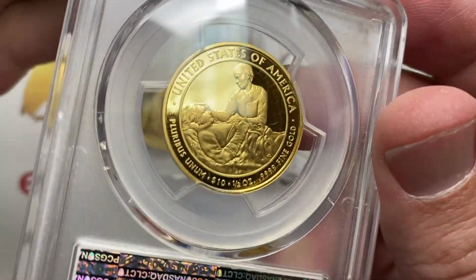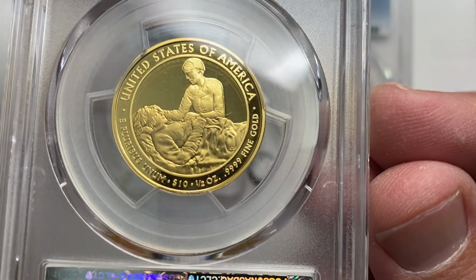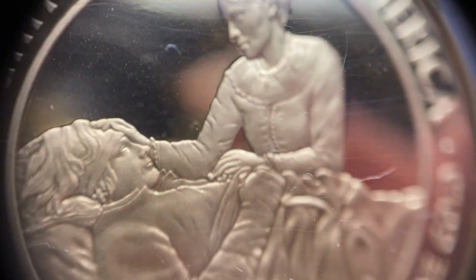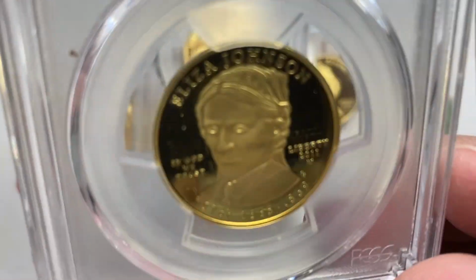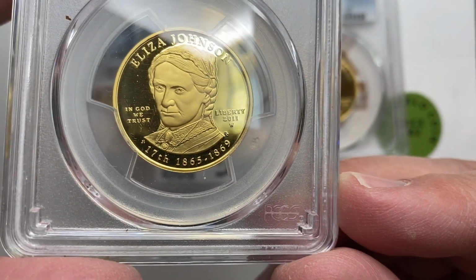And usually, a lot of the presidents' wives were famous for something that they were involved in helping to start or found or fund. Whether it was a library or the Red Cross or, oh man, some of the other women's rights, voting rights. There's a lot of different things out there. Eliza Johnson. Also,